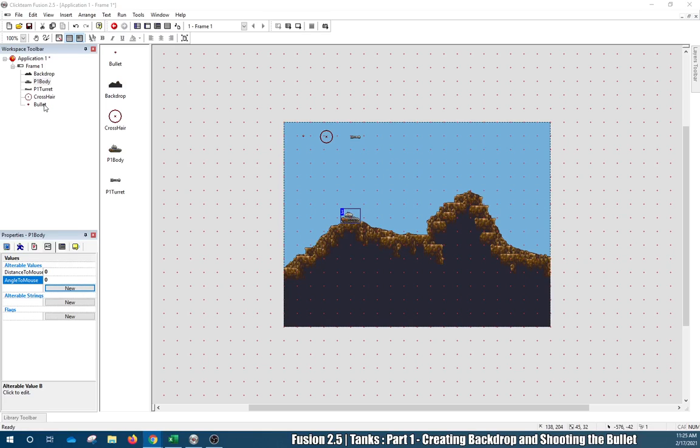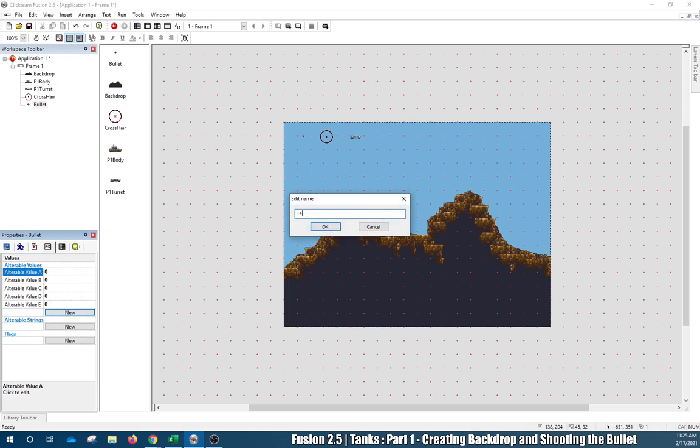So we're going to click on the bullet and do 1, 2, 3, 4, 5. The first one that we're going to make is TEMPX, temporary X. We're going to do the same thing here, TEMPY. Next up is going to be X speed. So we're giving it X, Y locations, and we're giving it X, Y speeds,